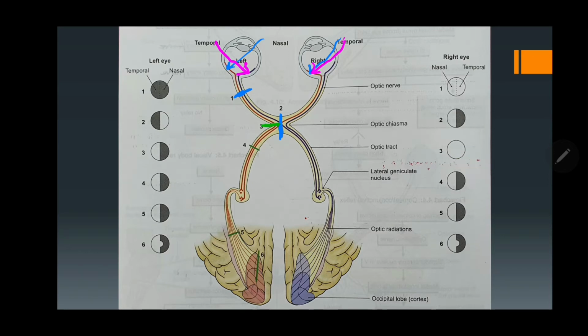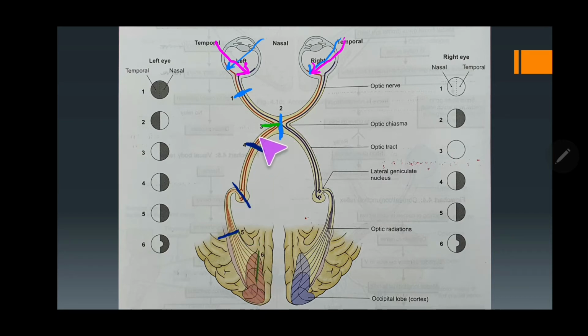This is all very important because image-based questions are coming these days, so you should have an idea of what exactly will be the lesion and the sites. Now look here, this is injury in the optic tract. So if there is an injury of the optic tract, or let's say at the LGB, or at the optic radiations, number 5, any lesion beyond the chiasma,